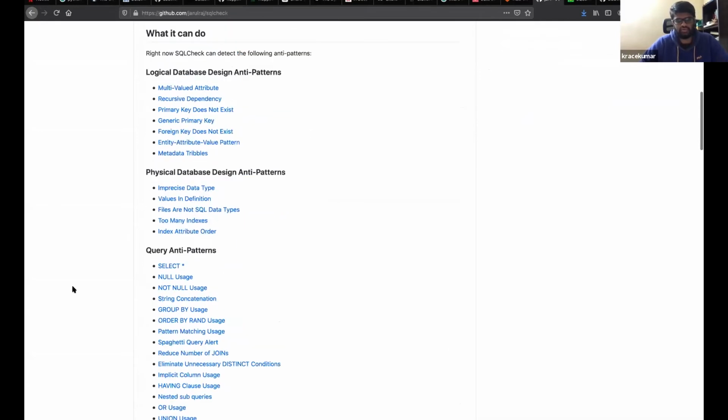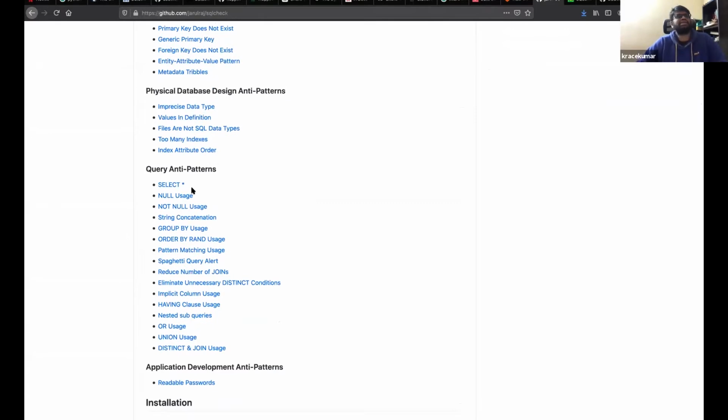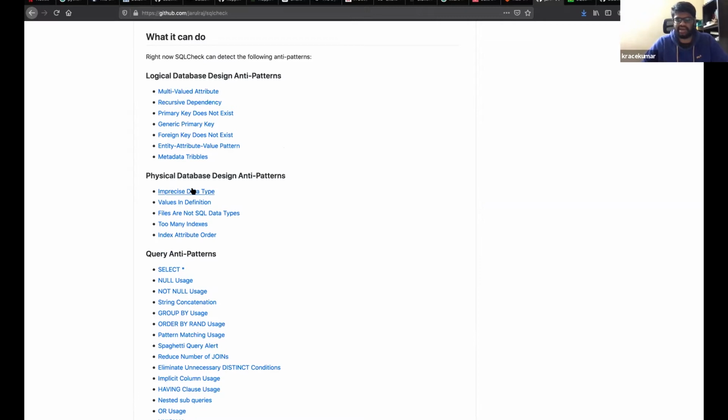How does the tool go about finding these anti-patterns? It has a list of rules to follow. For example, one of the anti-patterns is select star. It looks for any statements matching this particular regular expression, and it tags them as low risk or high risk depending on how it is configured. So let's look at some of these anti-patterns and get some idea what exactly this tool is doing. After that, I will present the paper which the same team has developed for suggesting how to write a better query. First, let's start with the logical database design anti-patterns.